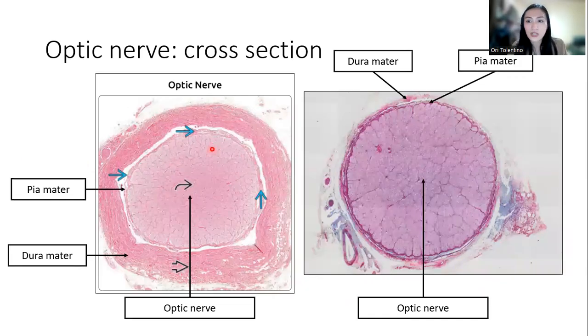So here is a clear image on the left lifted from another source. It's better here to see. It's a cross-sectional view. You can see it's surrounded by the three meninges of the brain, the pia mater, dura mater, and arachnoid. So you can see the pia and the dura mater. They're easy to see, okay? So our slide in the lab is to the right. You can see the similar meningeal coverings as the optic nerve travels to the brain. The pia mater is very near the optic nerve. It's the closest, directly opposed, and also the dura mater on the outer part.